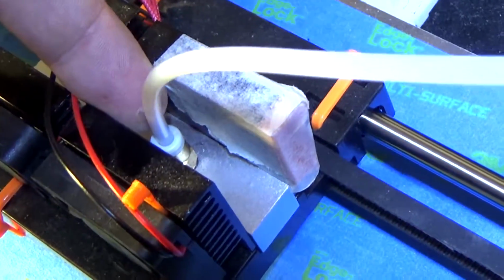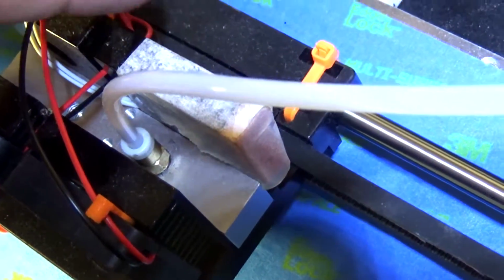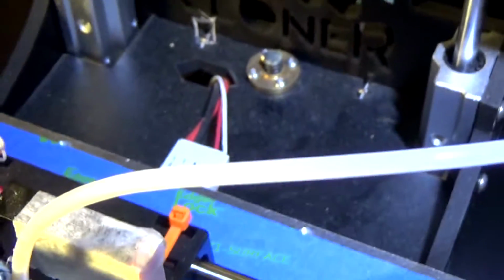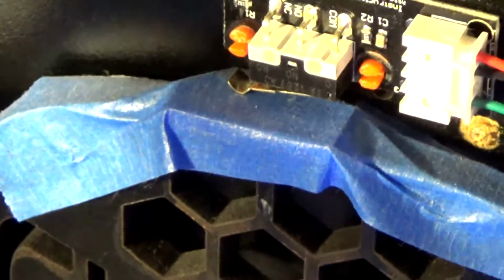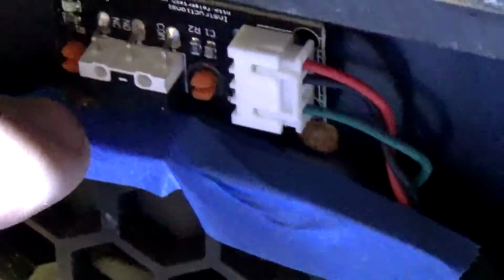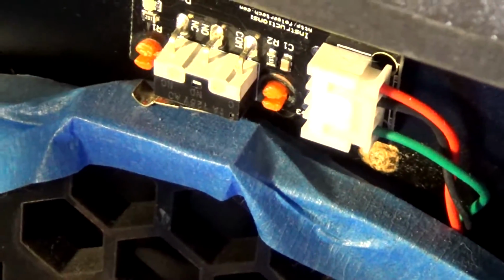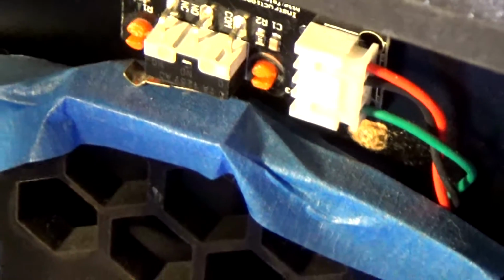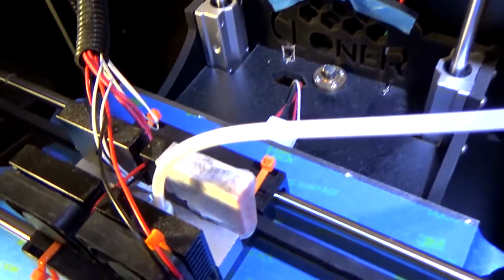It has to stop when it butts up to this. So you will have to adjust your Z height a little bit. I actually changed out my hot end as well, so I had to take another piece of 3D printed something and tape it up here, just so there's a little bit of a spacer for this Z end stop over here, because the Z end stop didn't have enough travel to allow this to